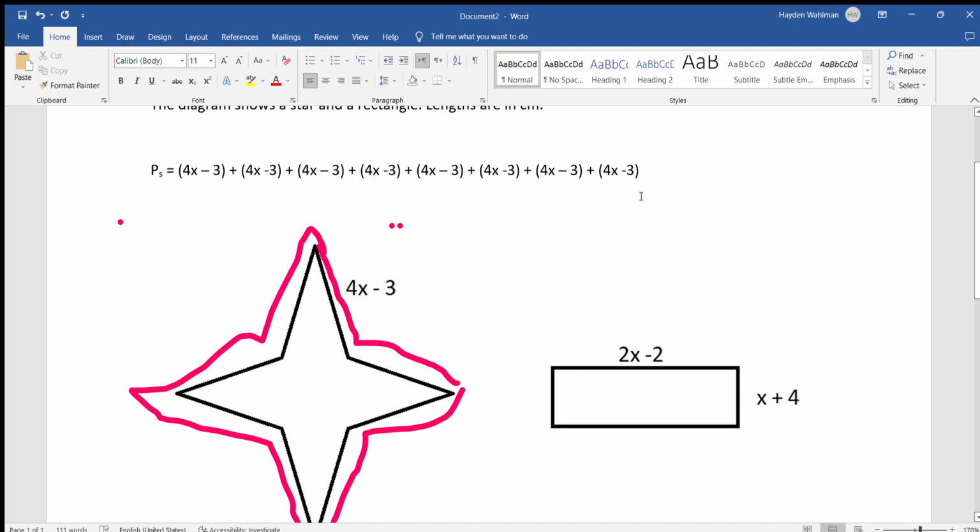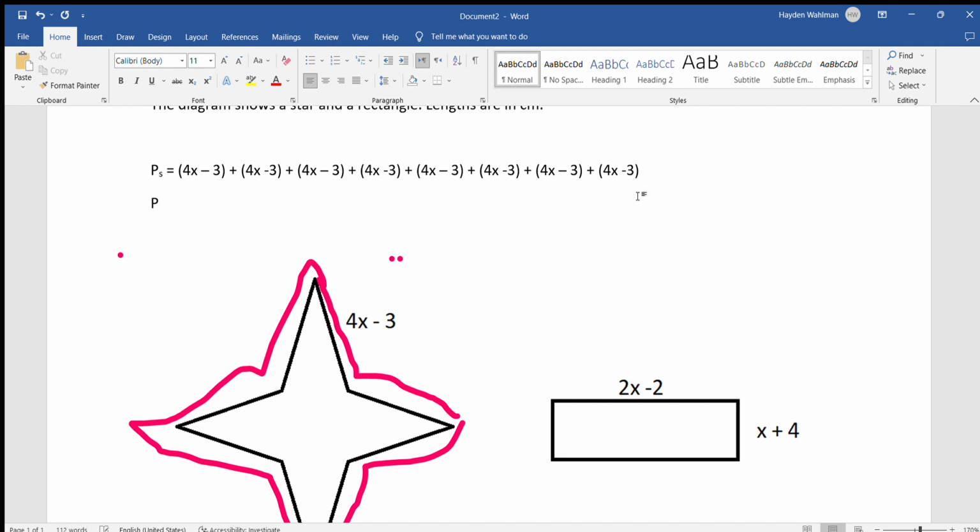And you have to keep the brackets there. I mean, technically when you're adding, you really don't, but it's just a good idea to keep it as a habit. So instead of writing all that, why don't we just say the perimeter of the star is equal to 8 times 4x minus 3. That's a bit easier, right? It's just 8 times, because we know that,